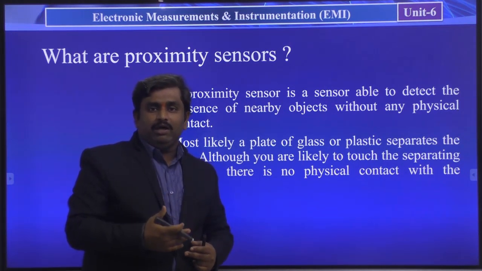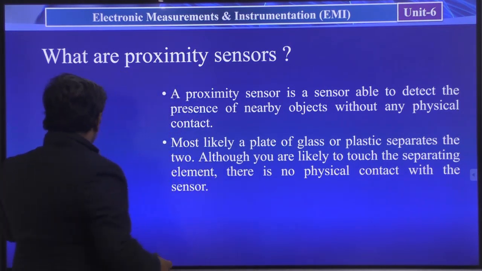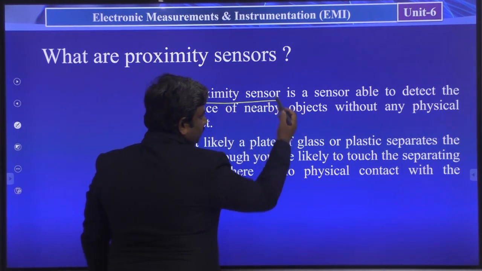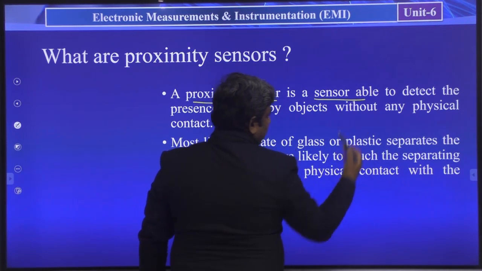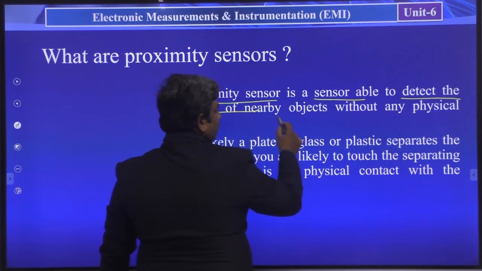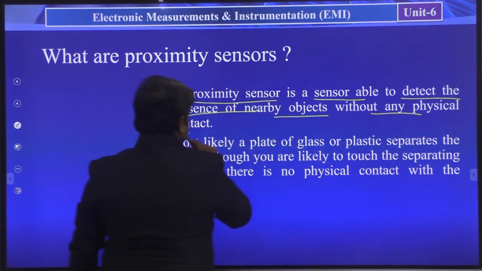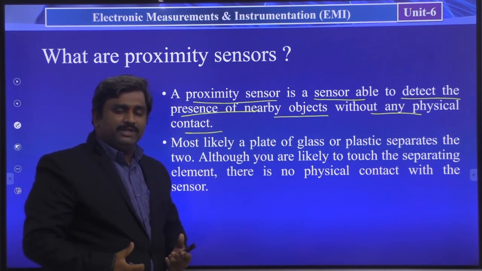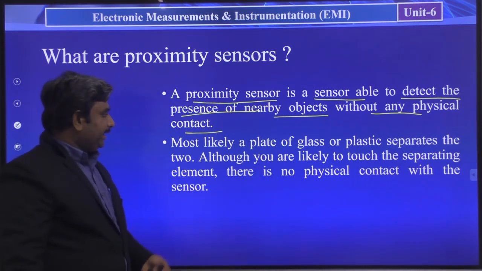Like that, the proximity sensor is going to explain. So see here the definition: a proximity sensor is a sensor able to detect the presence of nearby objects without any physical contacts.